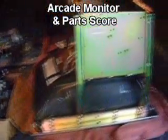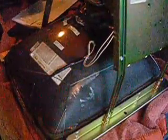Just want to show you guys a score that I got, a pretty good deal. Needed to replace the monitor in the Mortal Kombat 1 machine, and got this K7400 by Wells-Gardner from a fella in Suwanee, Georgia, and he fixes up old arcade machines, and he's getting out of the business in Georgia at least, and he's moving back to his wife's state, and he sold me this monitor,